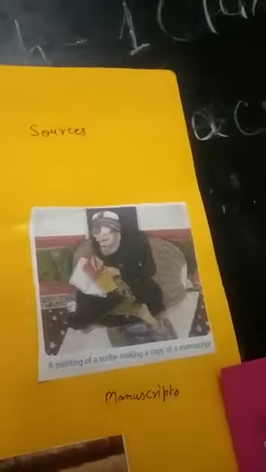Now come to the manuscripts. You can see here a person writing something on soft surfaces. These are the literary sources used in the medieval period, as, due to the lack of paper, scribes were appointed by the rulers, or the rulers themselves used to write on soft surfaces. These were the written material found in the medieval period.